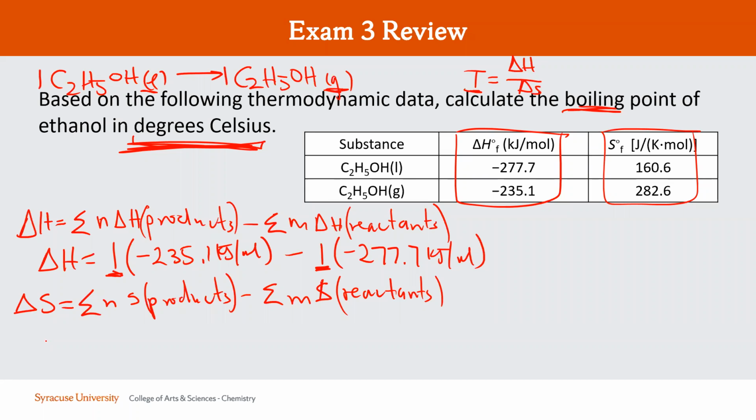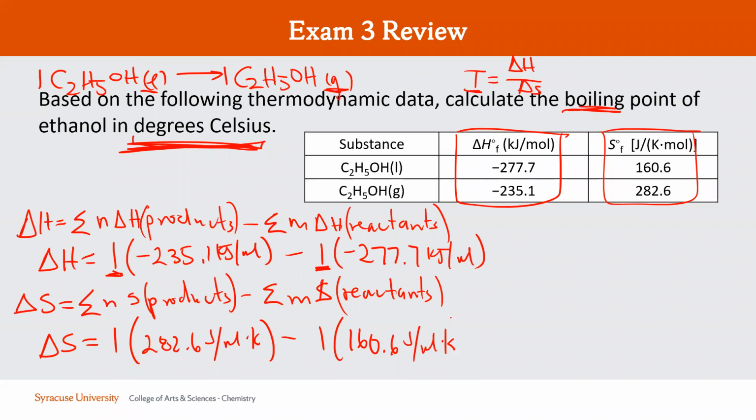For the entropy, same calculation. Entropy equals, well, I've got 1 mole and my product is 282.6 joules per mole Kelvin, minus I have 1 mole of my reactant, and that entropy is 160.6 joules per mole Kelvin. So do both of those calculations, and I think I get like 122 joules per Kelvin for entropy, and my enthalpy ends up being 42.6